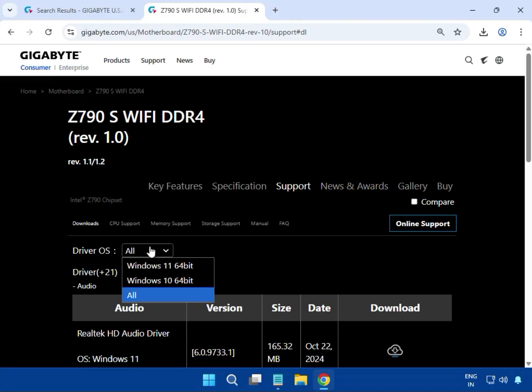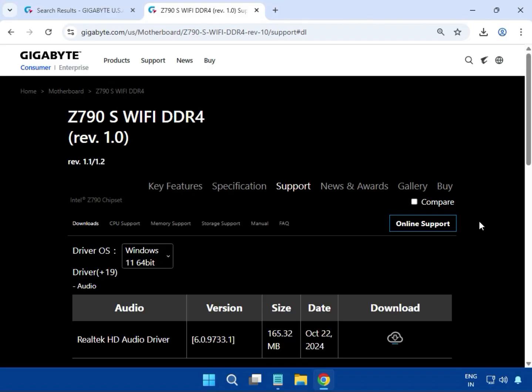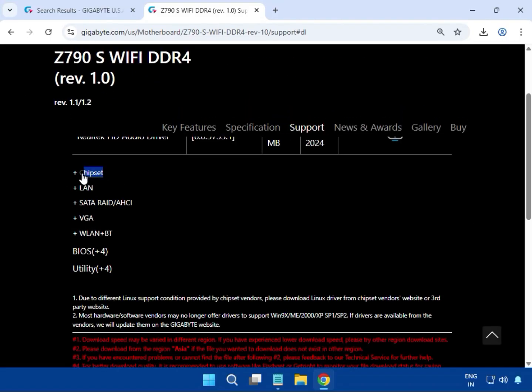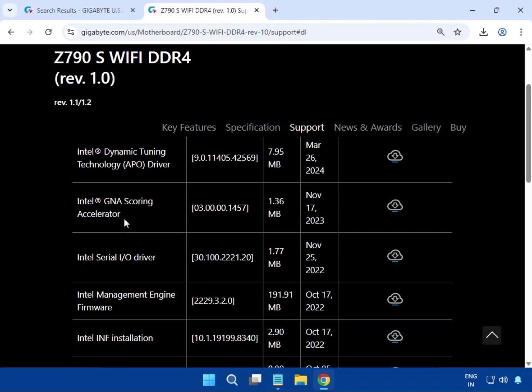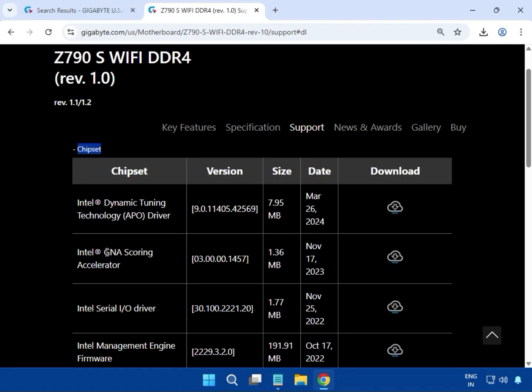Then select your operating system, Windows 10 or 11. Both installation processes are the same, so select any. Then Chipset, so extract chipset. After that, see Intel